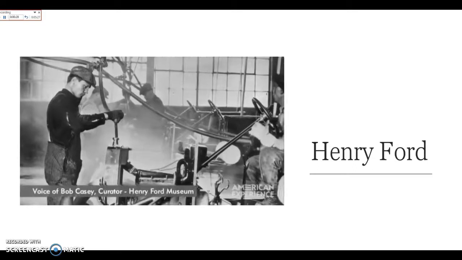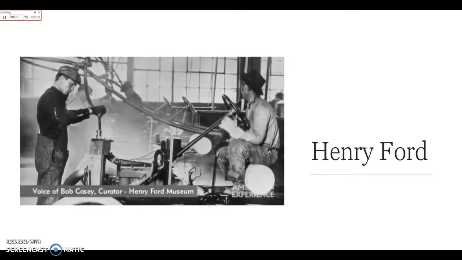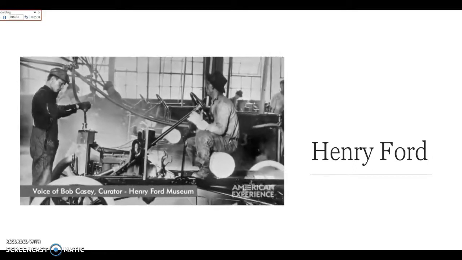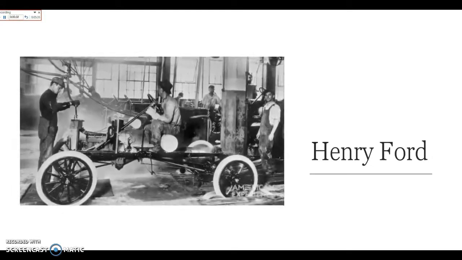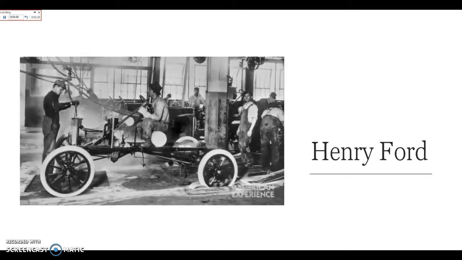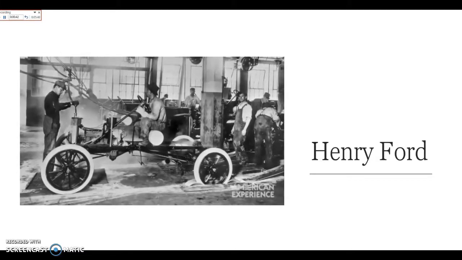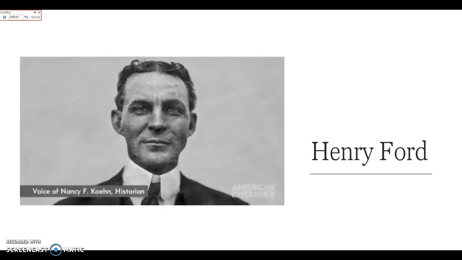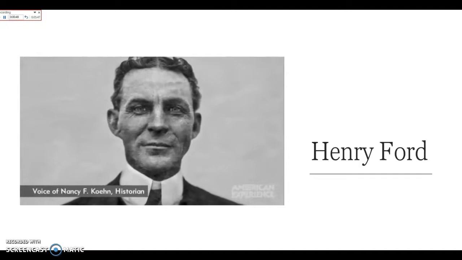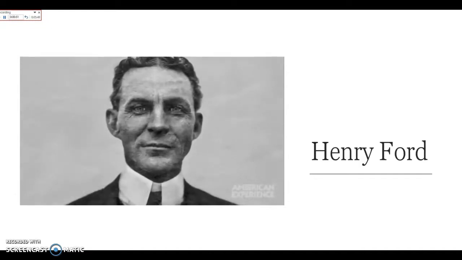His whole business model is to sell a cheap product, and the way that you create cheap products is by making more of them in a shorter amount of time. While Ford was able to make the machine parts quickly, assembling the cars bogged down the process. A friend of Ford's once compared him to a kind of boxer, tiptoeing and dancing around the factory floor all the time, thinking about what could we do here, what could we do there, how could we change the production process to make the car better and cheaper and bring out even more of them.